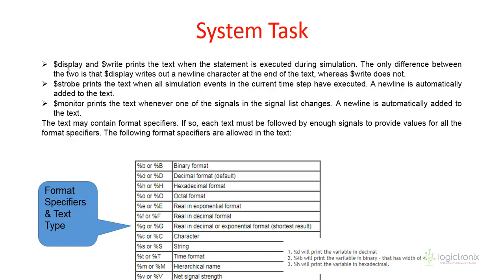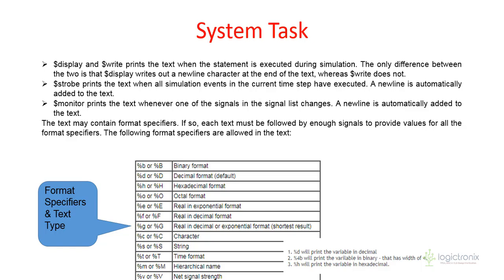The display keyword shows up the information which is followed by the inverted commas, and write is also there. Write and display are quite similar, but display actually prints out the new line character also. Write does not. Write only prints the current thing. So display is much better for showing up multiple lines of information. Strobe is